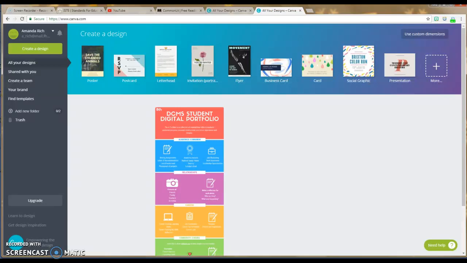Alright, for my next video, we are going to go over Canva.com. As you can see up here, this is how it is typed. Also, there is a free iPad app through the App Store that you can get Canva on an iPad or even on your phone. All of my students have it on their iPads right now because after I did my